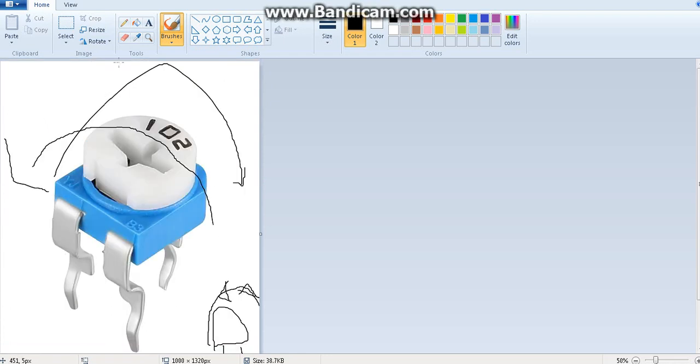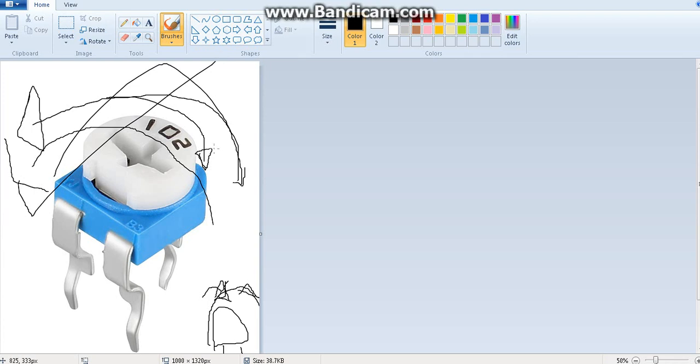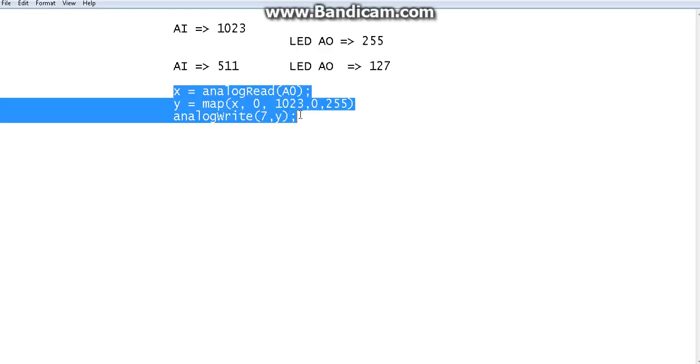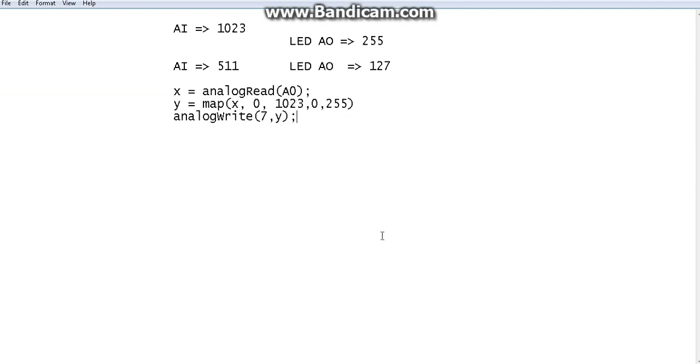So you're giving an analog input using this resistor, or in other words, it will work like a volume key of a radio. If you rotate this way, the brightness will be increasing. If you rotate the other way, the brightness will be decreasing. That kind of thing will happen. So this one is a brightness changing key. It will work perfectly only when you are doing the code with a proper understanding of what you are doing. Okay, so let's write the code.